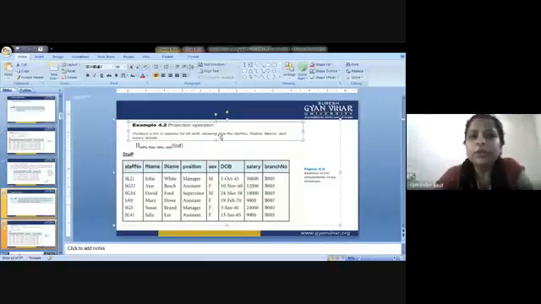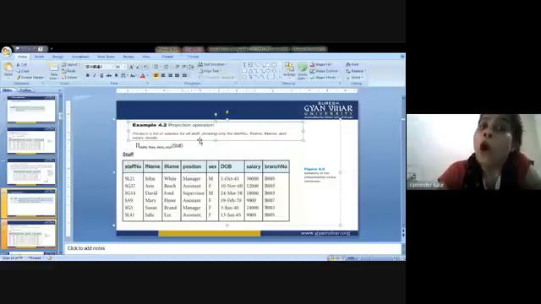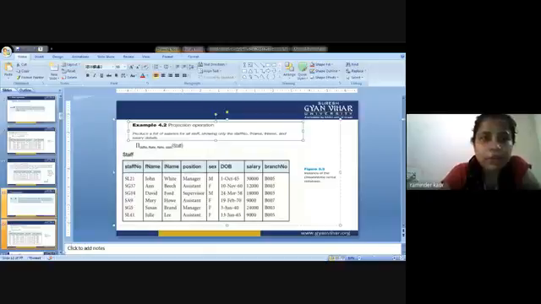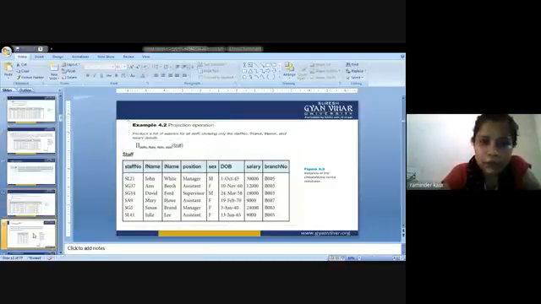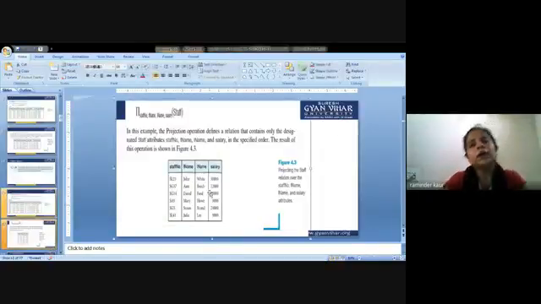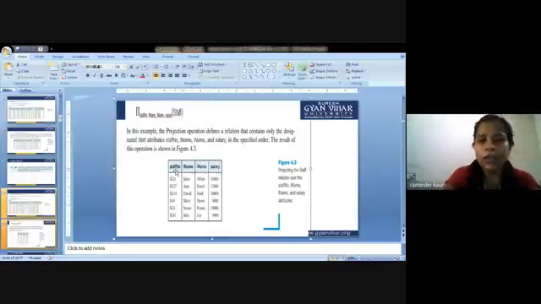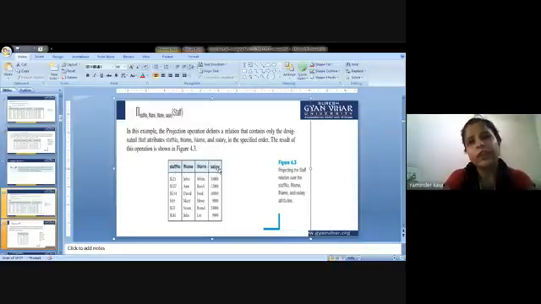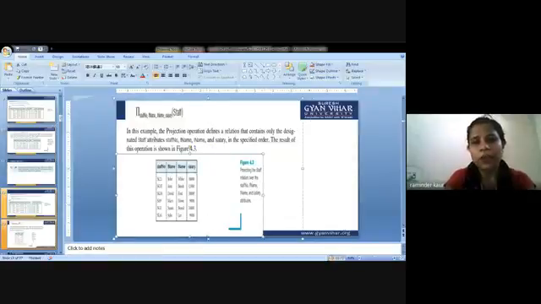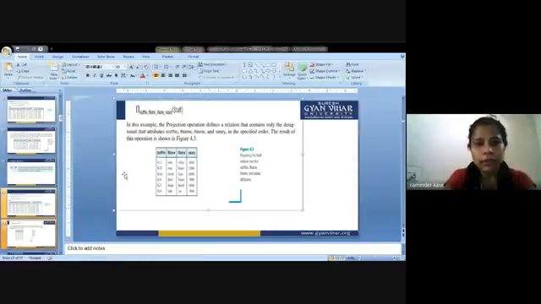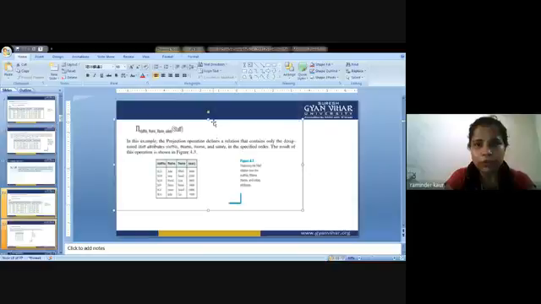These are the entries that are already given to us, and we are providing the solution. This is the answer. We are only supposed to perform the operation on staff number, first name, initial name, and salary. So we are going to fetch the details about the same.